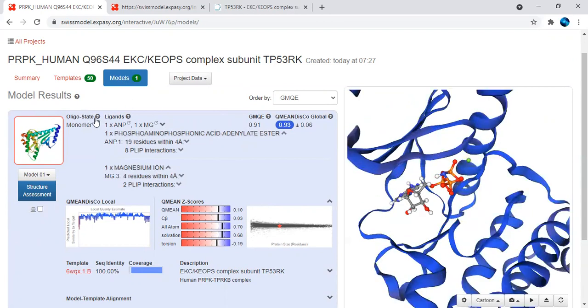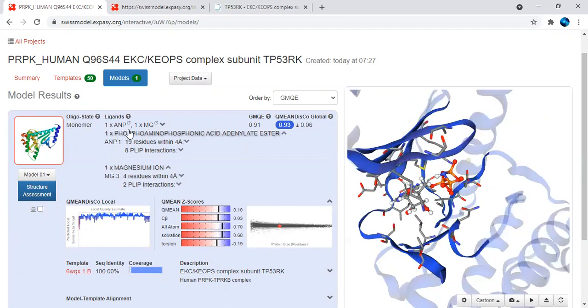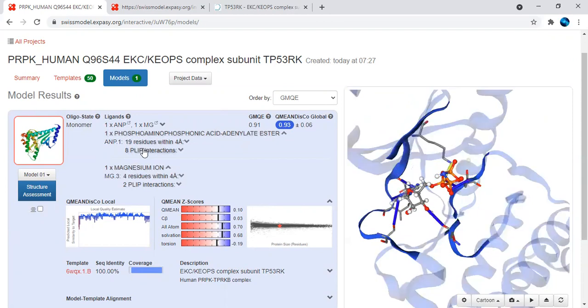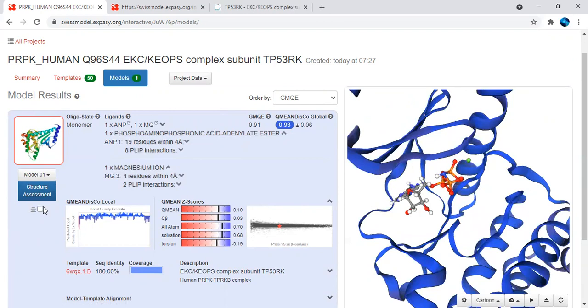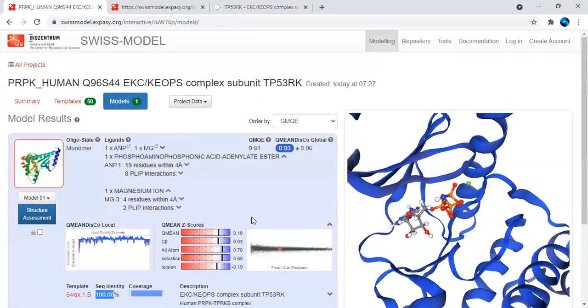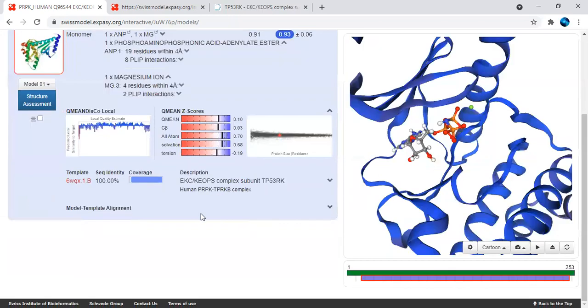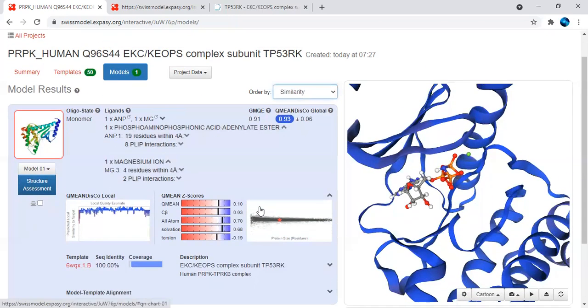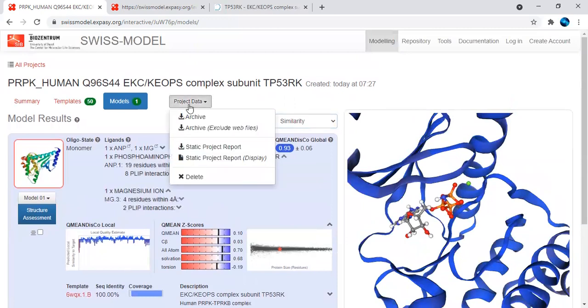This is the other thing, that is ligands, monomer, and then you will find whatever information is available over here. And then we have the scores, which is the estimation of the quality, and different scores which are available over here, and the templates and how much identity it is. 100%. And then you can have similarity and the coverage information over here. Project data is available, you can download it in a zip,